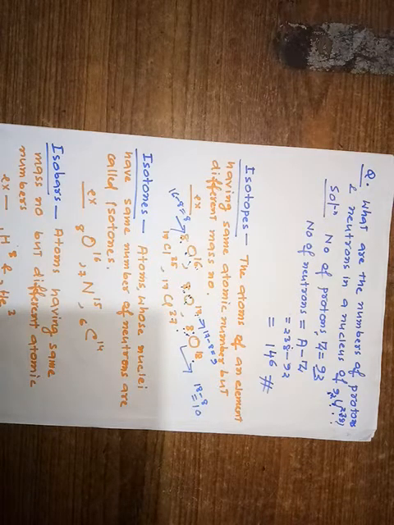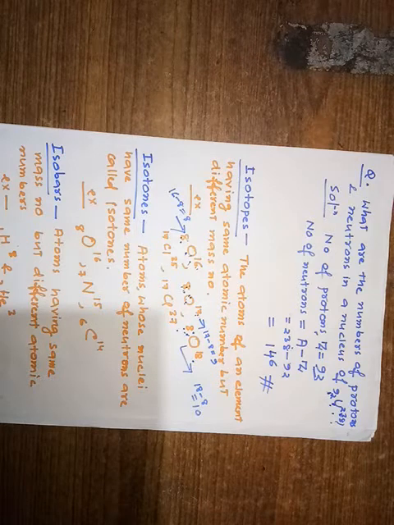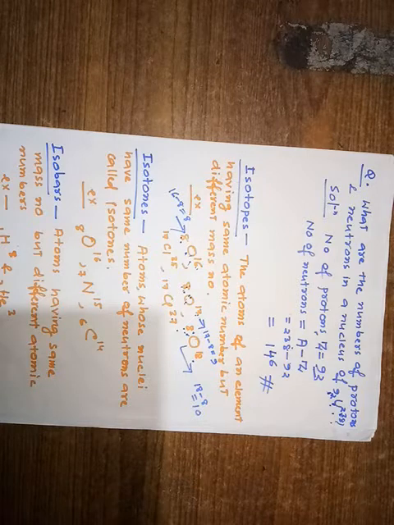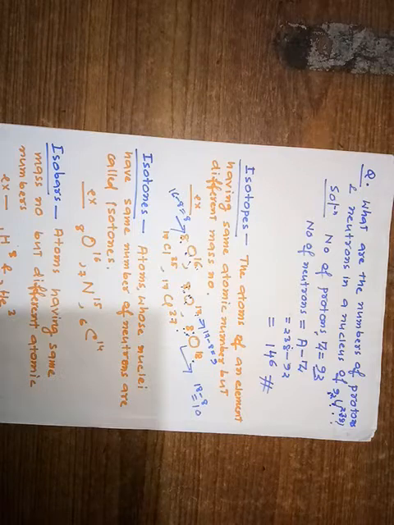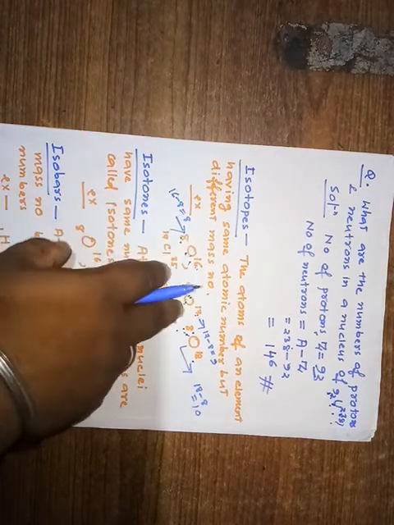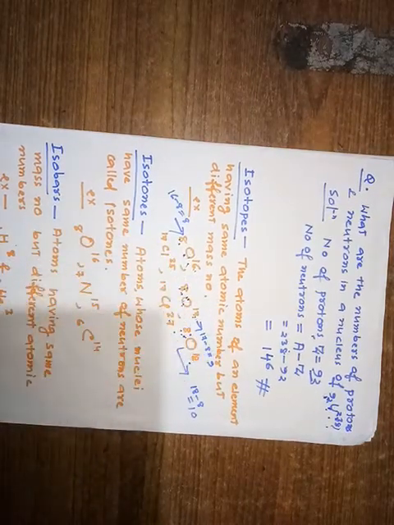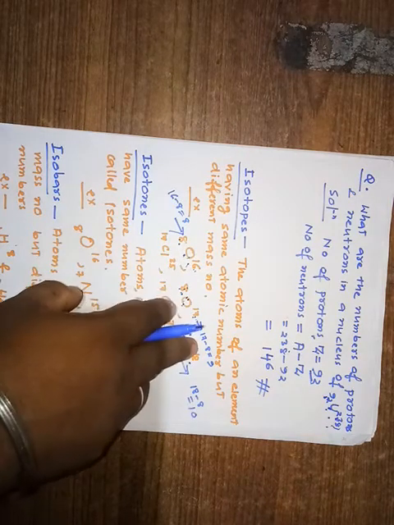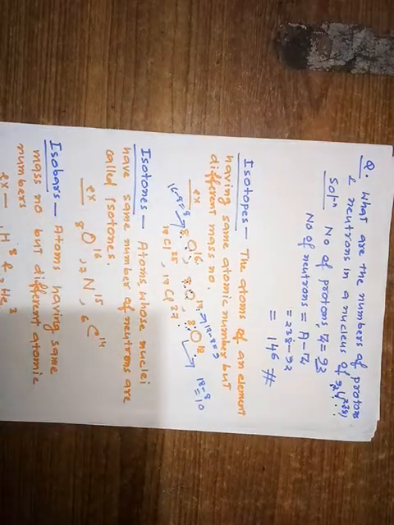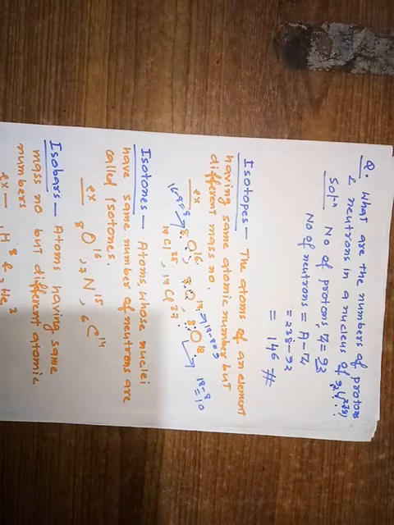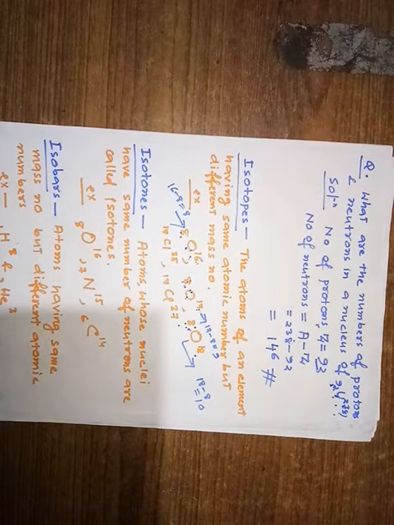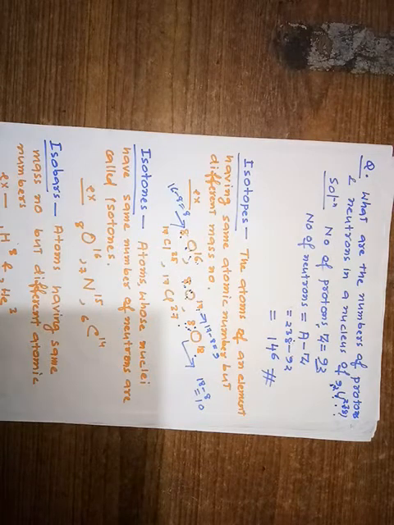And that is why, since they cannot participate in that kind of reaction, we can say they are chemically the same, but physically different. This is because whenever the number of neutrons is different for each of the isotopes, their mass will be different. Obviously the masses of oxygen 8-16, oxygen 8-17 and oxygen 8-18 will not be the same. The mass of oxygen 8-18 will be maximum among these three. Is it okay? So they are physically not identical, but chemically they are identical because a chargeless particle cannot participate in chemical reactions.